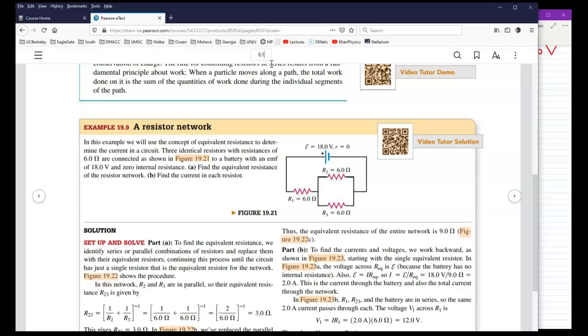And like I said, the rest of the sections are skipped. Kirchhoff's law and RC circuit, we're just going to skip them. This is basically what you need to study for homework and for the midterm exam. Anyway,